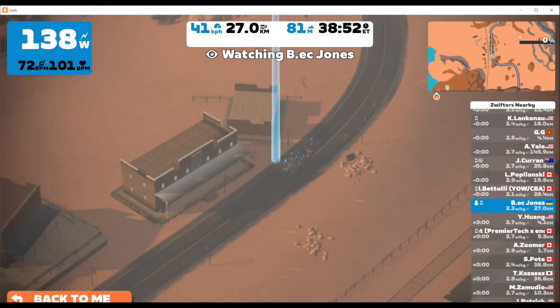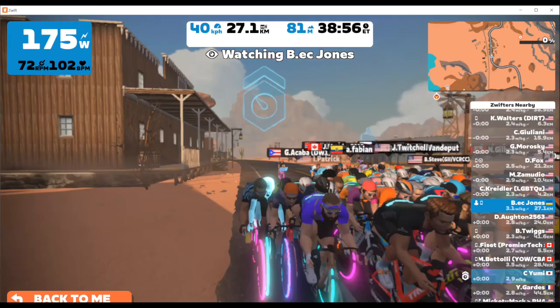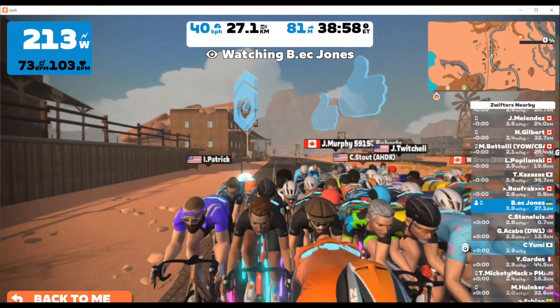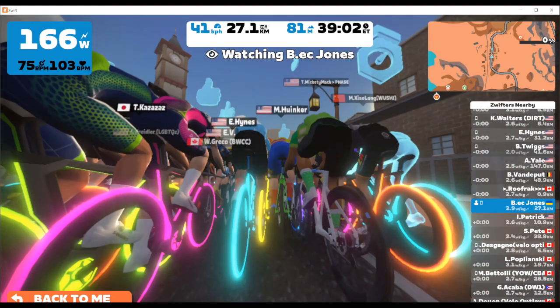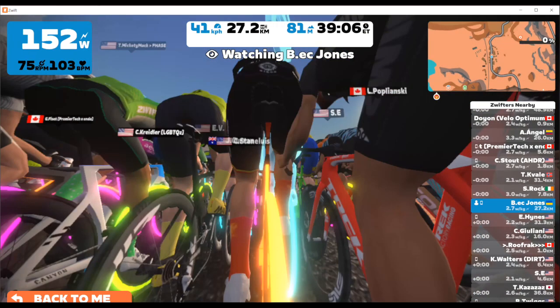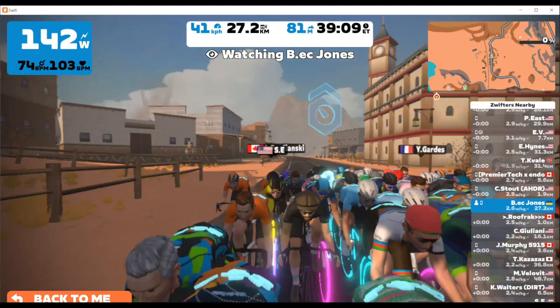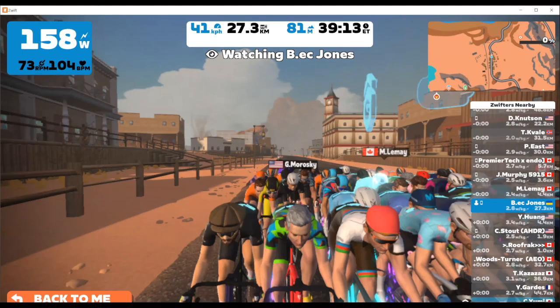And this is what you would do to build what we call your base, which is what we do in the wintertime. You want to build a strong base so that when the spring comes, that from a strong base, as you think about it, of a pyramid, the bigger the base, the higher the peak. And so that's why in the wintertime, I think it's a great idea to ride Zwift.